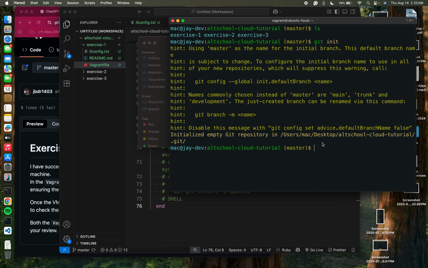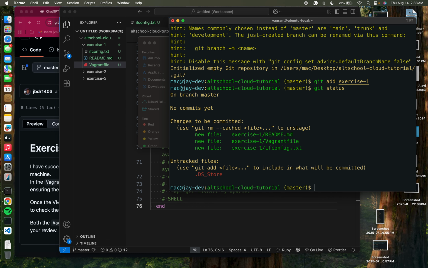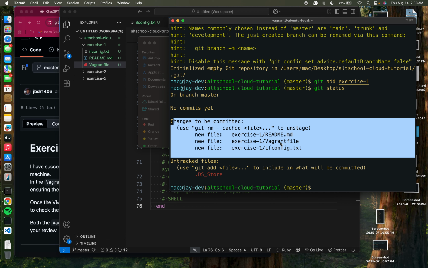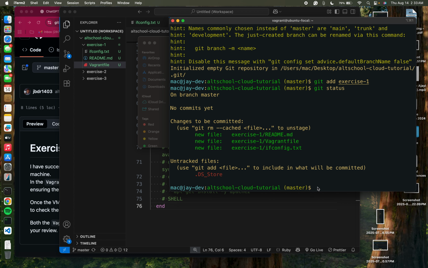So you've done git init, so let's add the changes we just made. I'm going to add exercise 1. Remember, what we've just done is exercise 1. I've added it. If you want to know it's added, do git status. Yep, you can see it says new file. These are the new changes that I've just added: the readme, the vagrant, and the ifconfig that we just worked on. So I'm going to go ahead and say git commit,